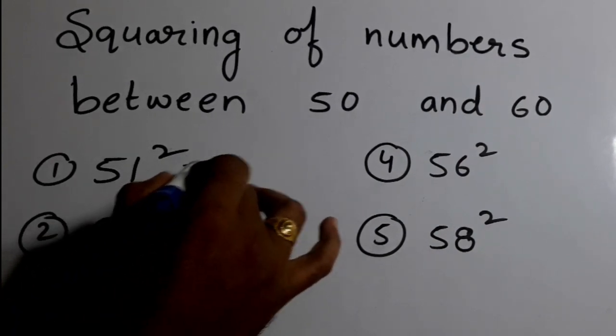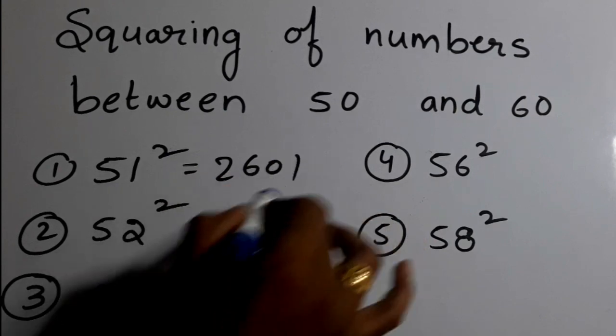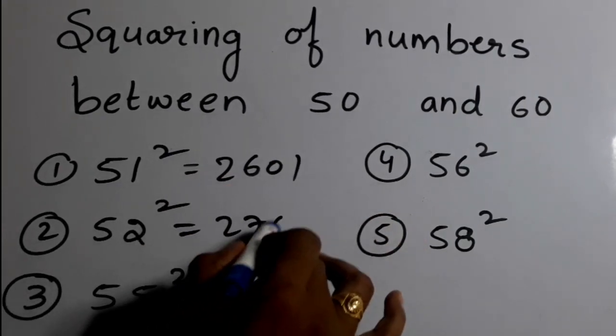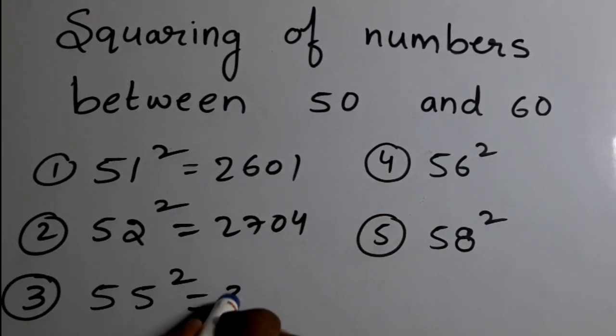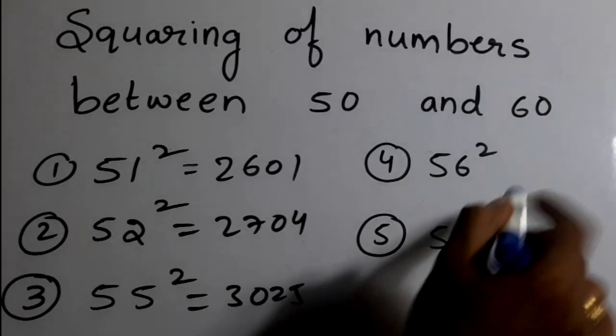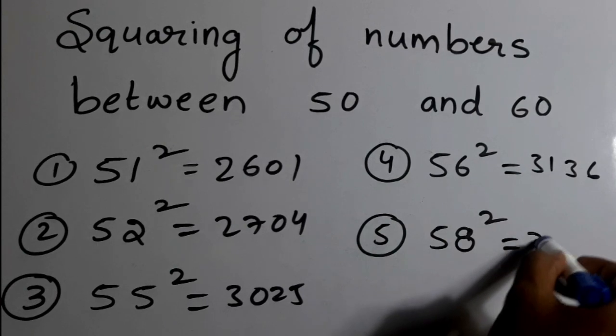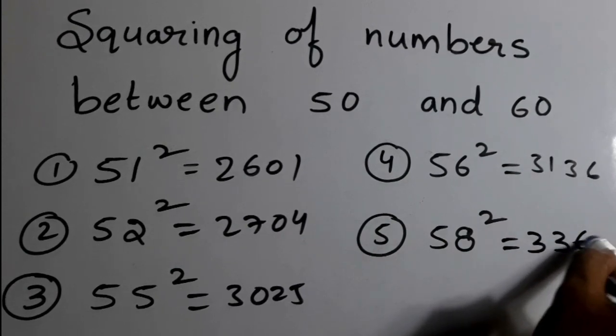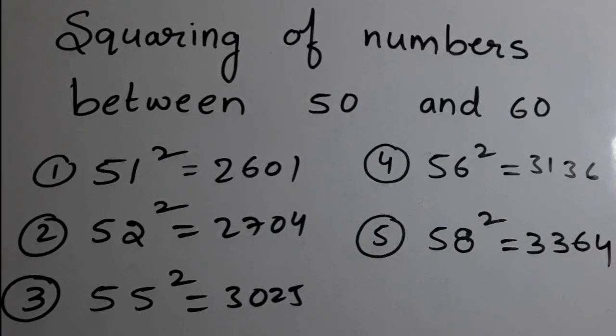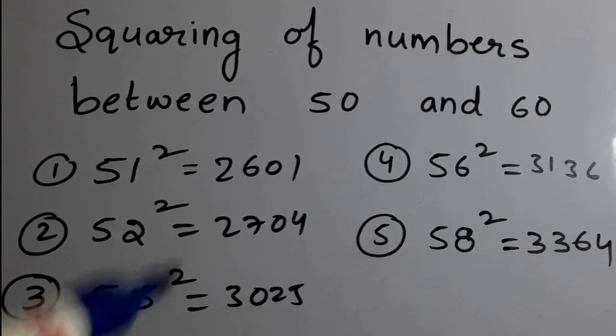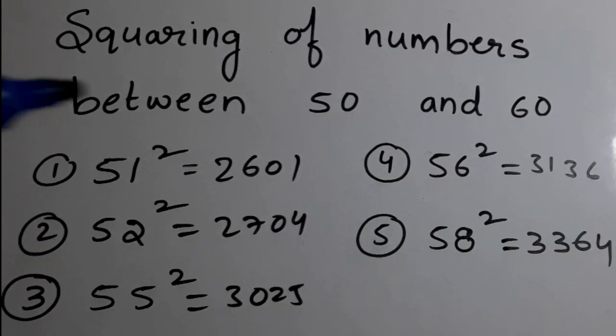So here the answer is 2601. Here the answer is 2704. Here the answer is 3025. Here the answer is 3136. Here the answer is 3364. So with the help of this trick, we are able to write the square of numbers between 50 and 60